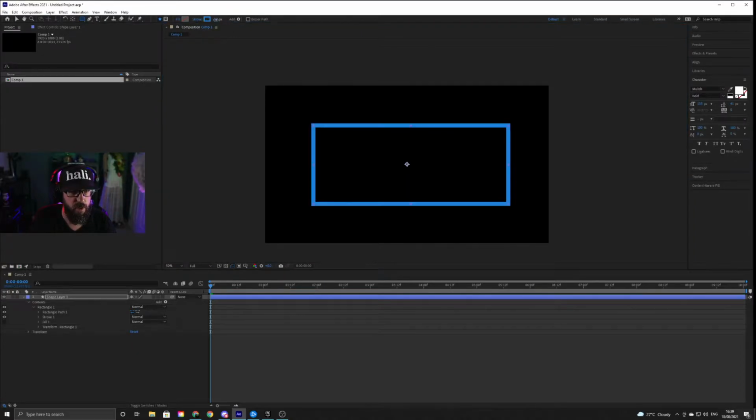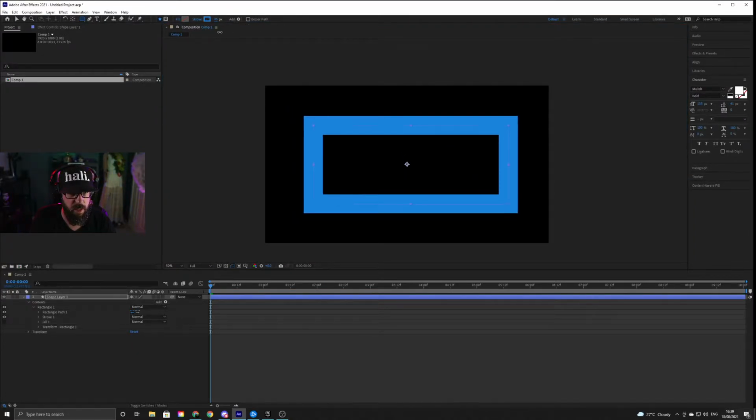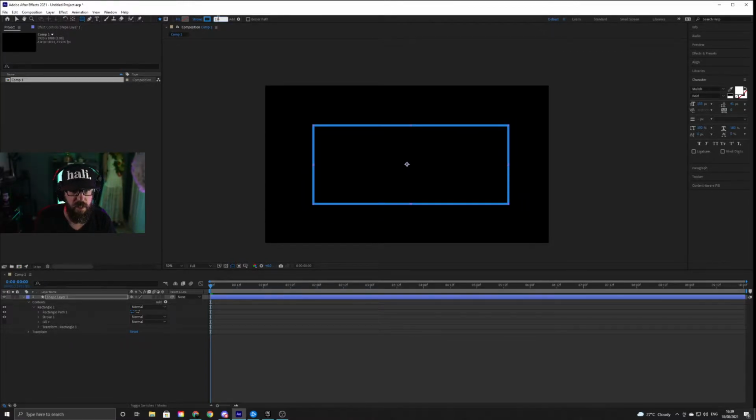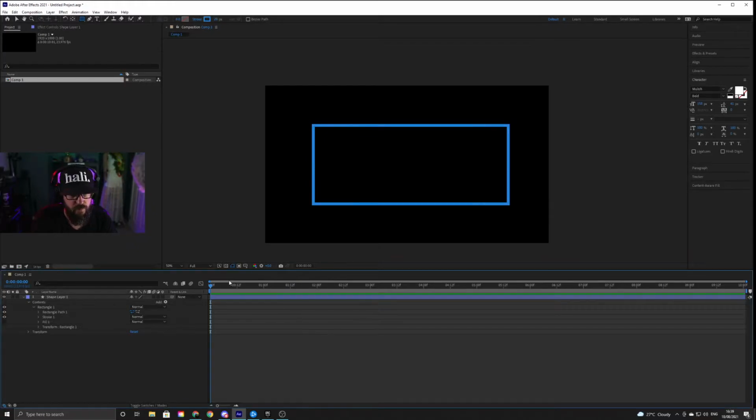And then our stroke, we can adjust the width and everything here. So I think we're where we were, like, yeah, sure, 15. Let's say 20. Why not 20? So within the contents here, we are going to go to the stroke. And then to make the dashes inside, we're gonna go down to this little twirl down here that says dashes